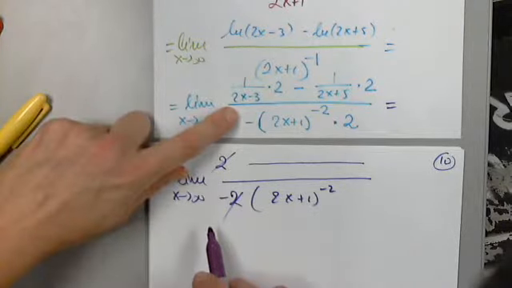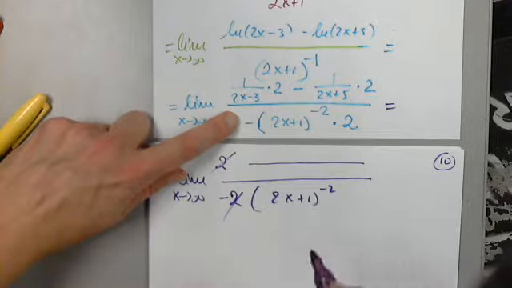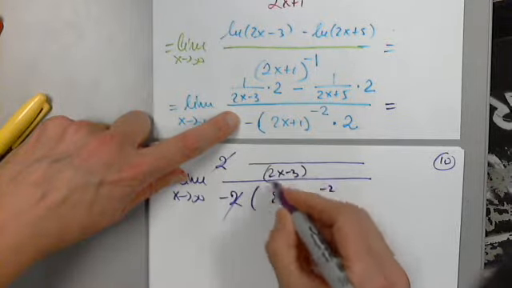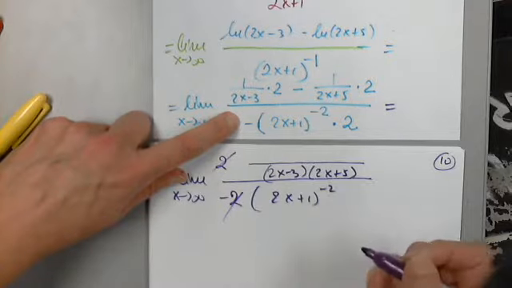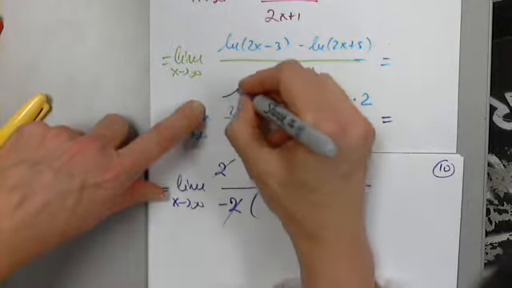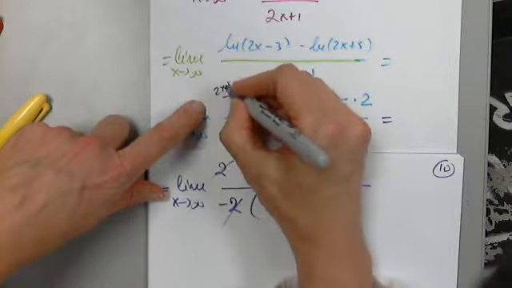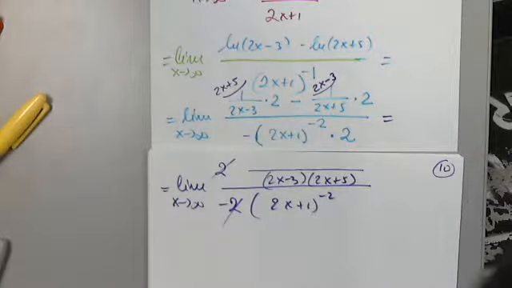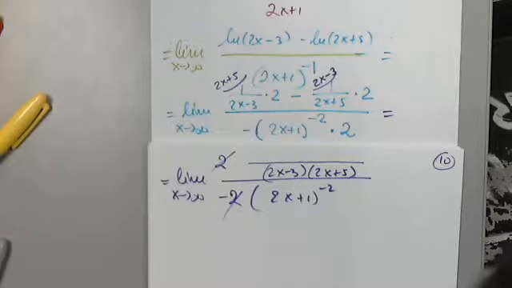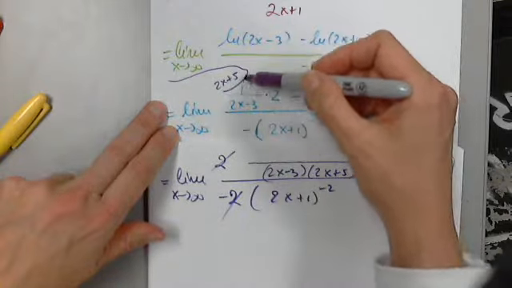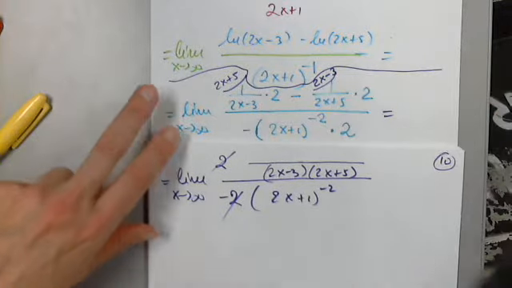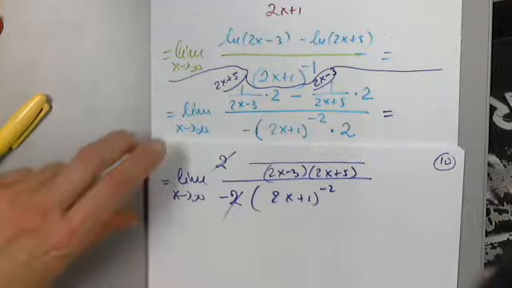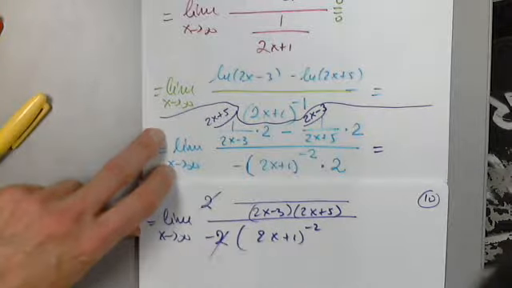The product of the... Yes. 2x minus 3 times 2x plus 5. So the top of the first function gets a 2x plus 5, and the top of the second function gets a 2x minus 3. Is this okay? Should I write it again? It may not be super clear. I'm so sorry, I can write it again. Jason, is this okay? Please say no if it's not.